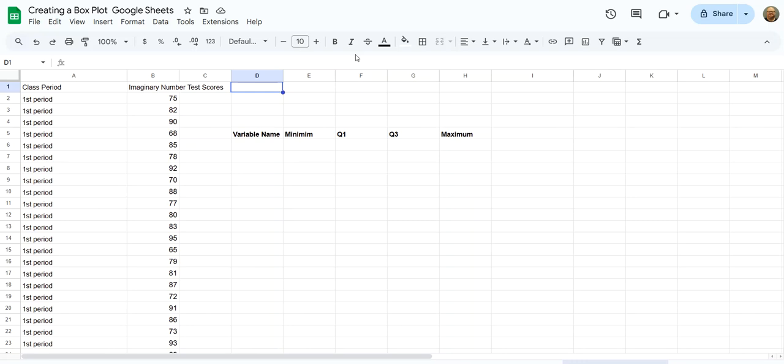Let's create a box plot in Google Sheets. Box plots are also known as whisker plots or candlestick plots. For this example, I want to see what the distribution is for the imaginary number test scores for periods first,